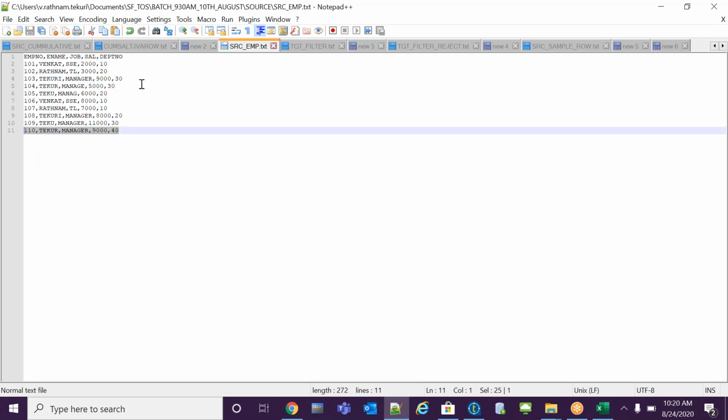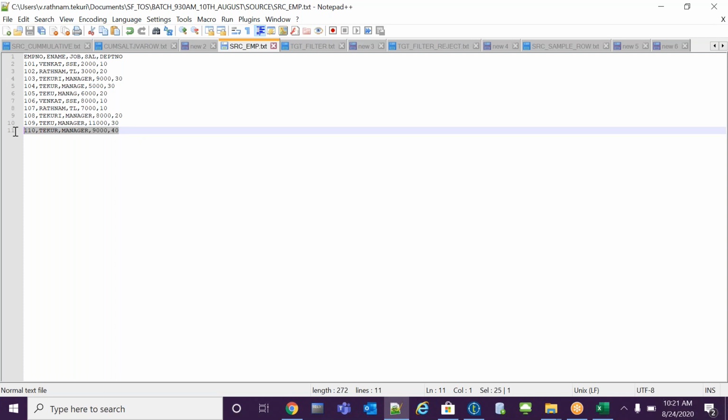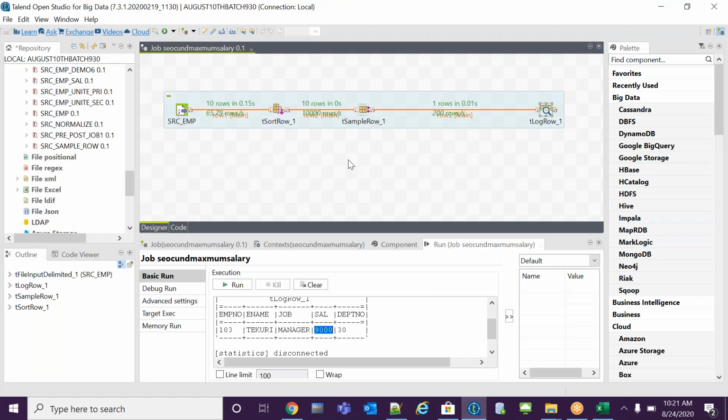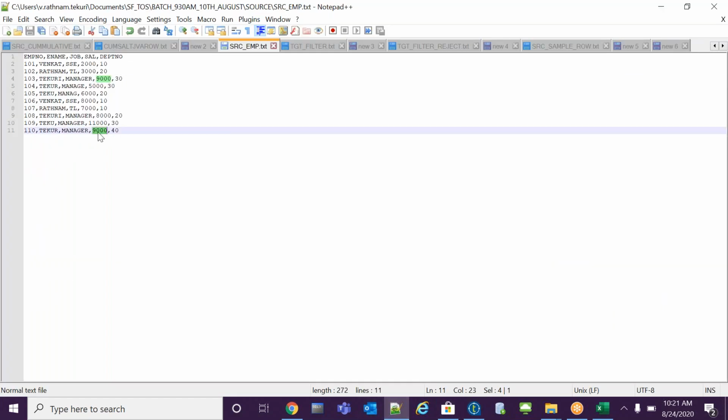I want to capture who is getting the second maximum salary, all those records. When I run it, I got only one record, but one more employee is getting 9,000 and I'm not getting that record. But I want to load it. How to do it? This is a very, very important scenario.